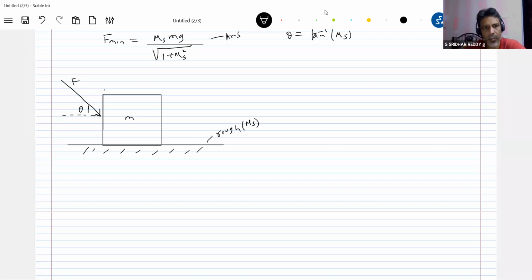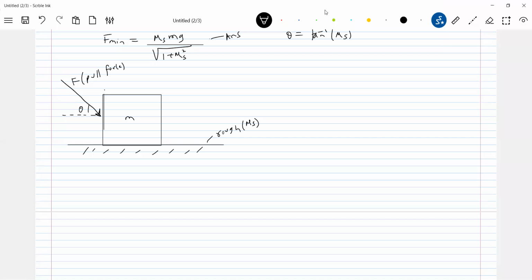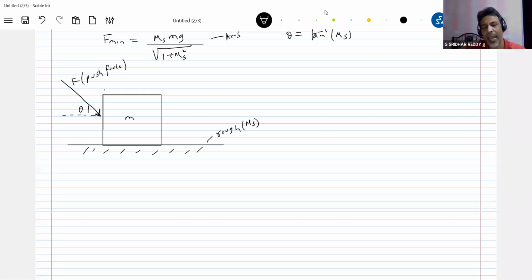Okay, now look at this force. Is it a push or a pull force? It's a pull force, no? Push, sir. Sorry, push it is. Now I'm pushing it, so definitely a component of F sine theta will act vertically down. Then it will increase friction here, no? You can see that. So what is the maximum, or shall I call it minimum here? Maximum, sir. What is the maximum push force that I can apply on the block to shift it? So that we have to calculate.